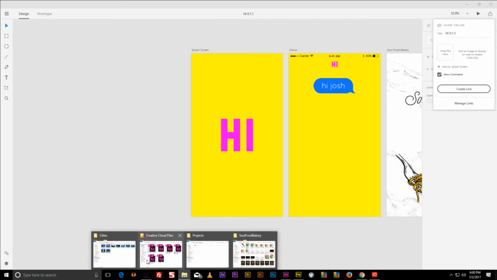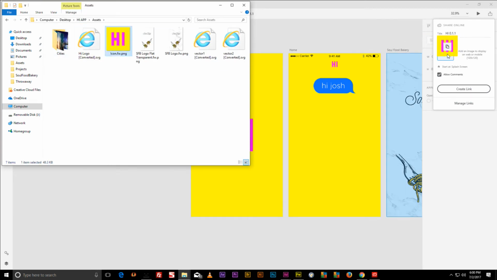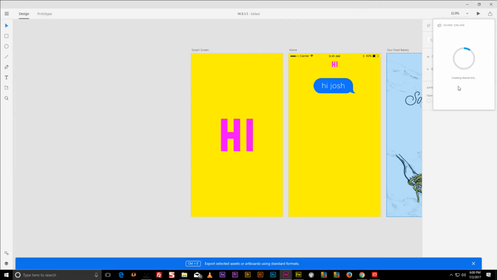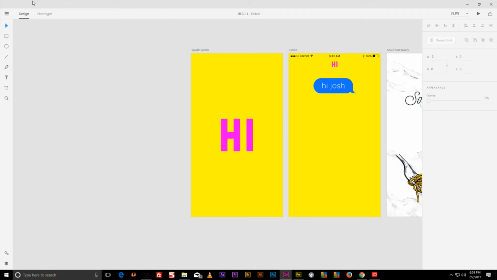Now I'm going to grab that icon, drag that in here, allow comments, and we're going to create a link. So now we're creating a shared link so you guys can go and download Adobe Experience Design and see if this thing works on your phone. And if it does work completely, and you can go through the entire app, I'll be updating this project file. So now instead of doing a file save in here,